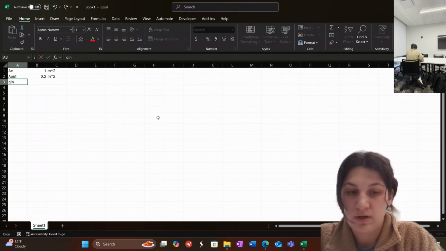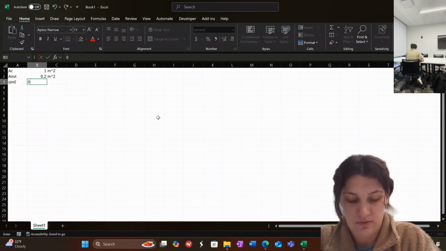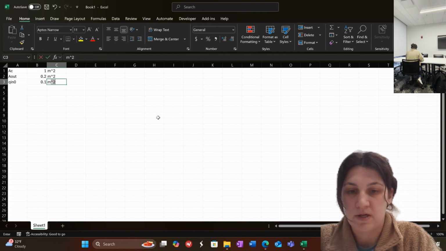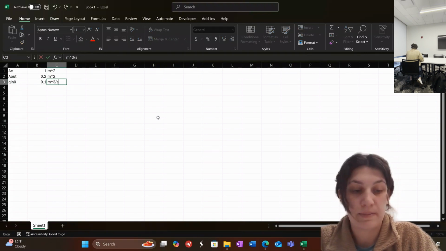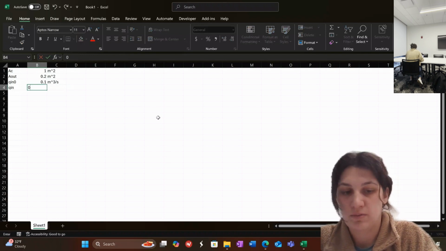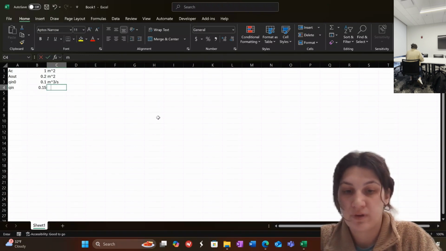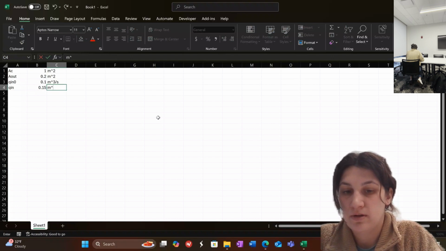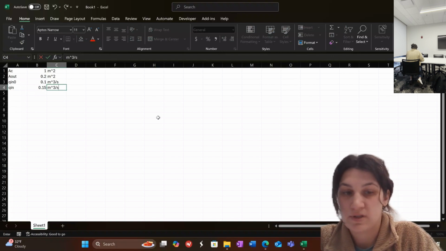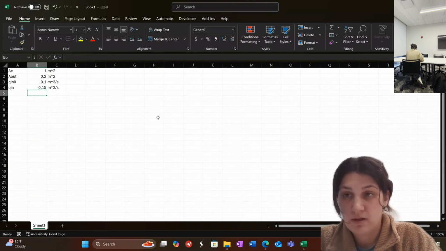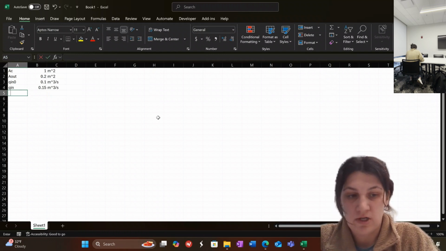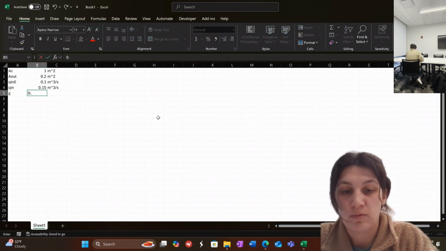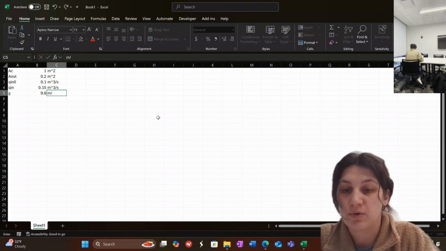Our Q in naught is 0.1 meters cubed per second. Our Q in is 0.15 meters cubed per second. And then we have G equal to 0.9 meters per second